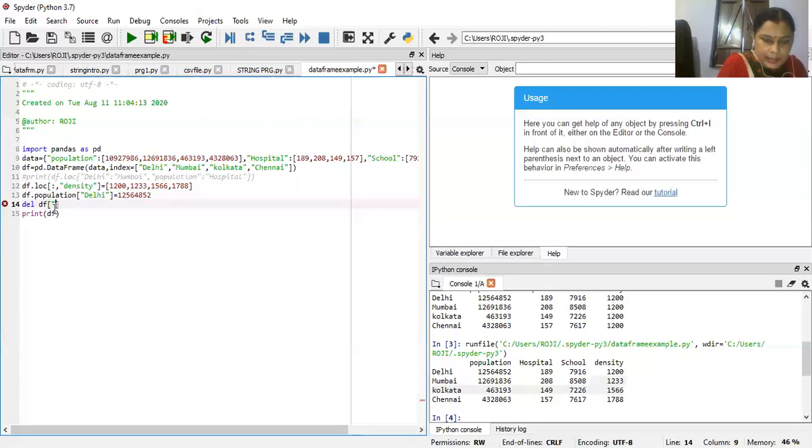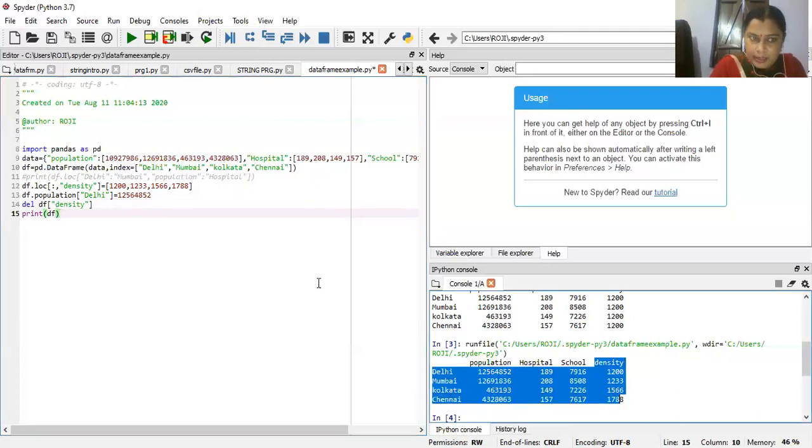The column name is density. Now this density column will be removed from the data frame.